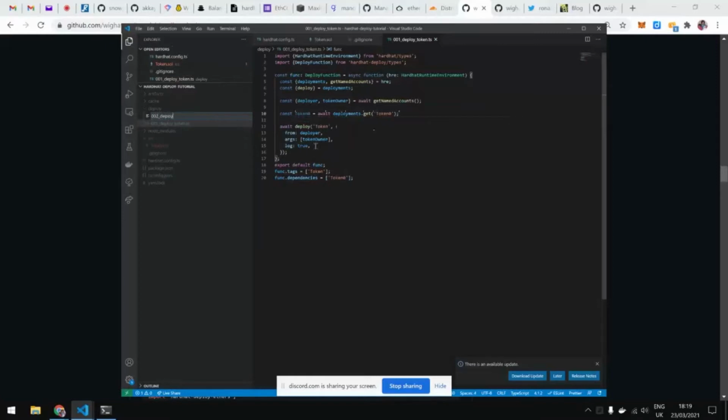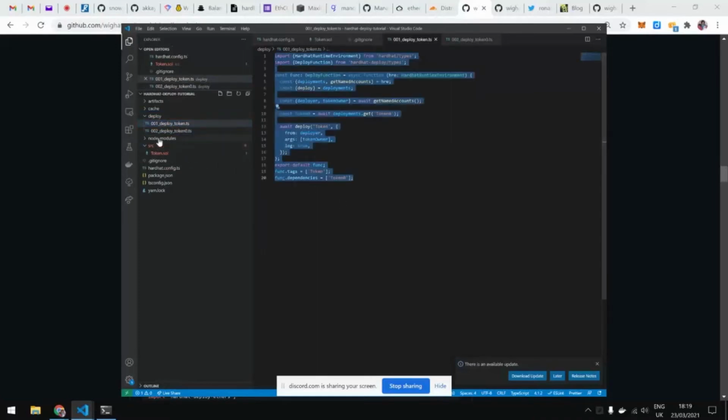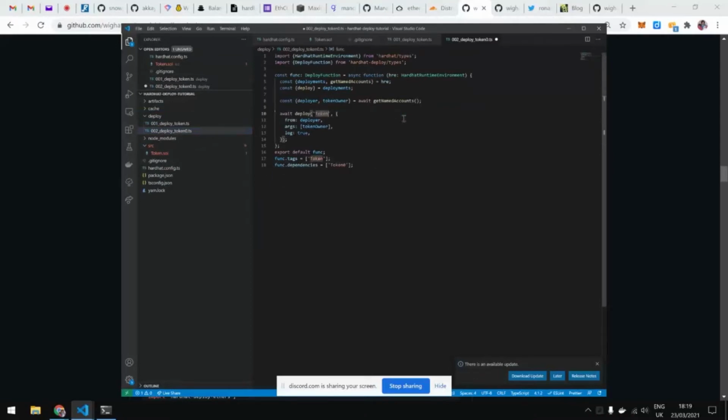The order doesn't really matter as long as you have tags. So for example, I could say token0, and I could copy that thing, except this one doesn't have any dependency, but it's called token0, and the tags will be, so the tags are really the thing that is used.